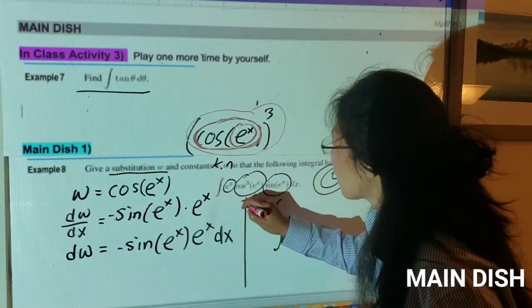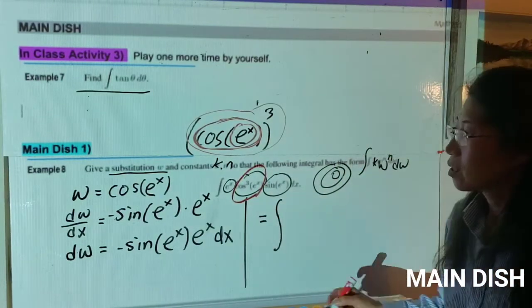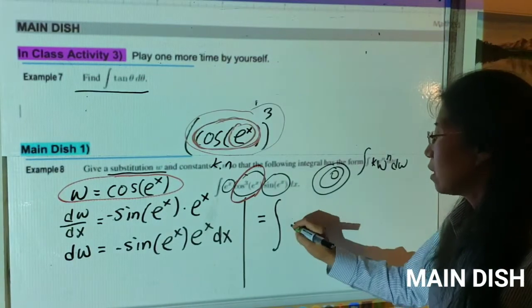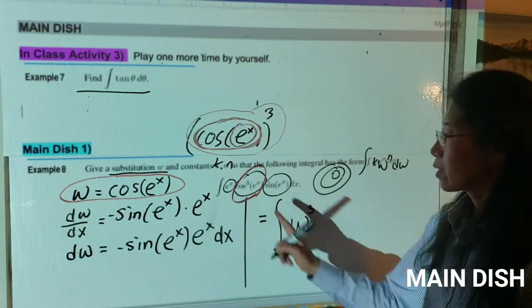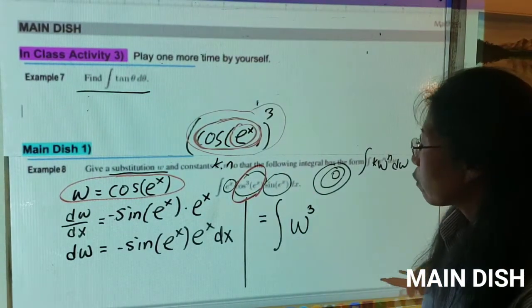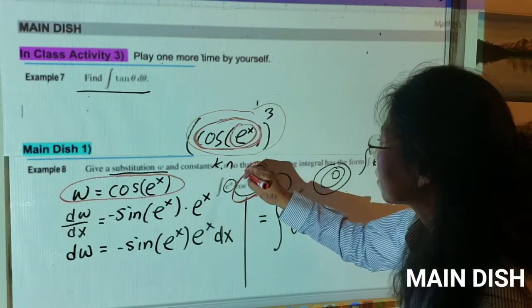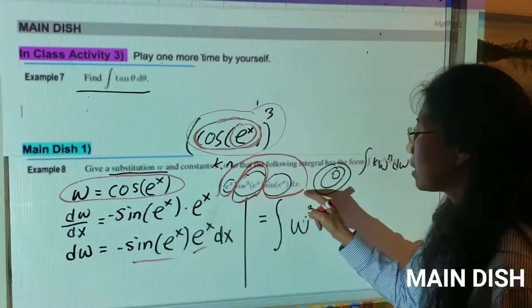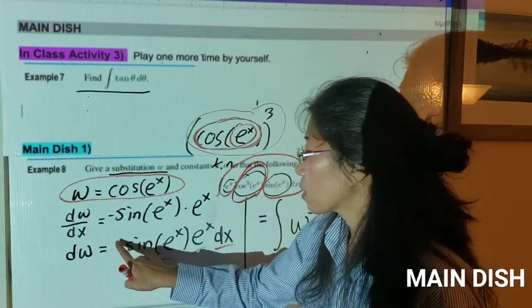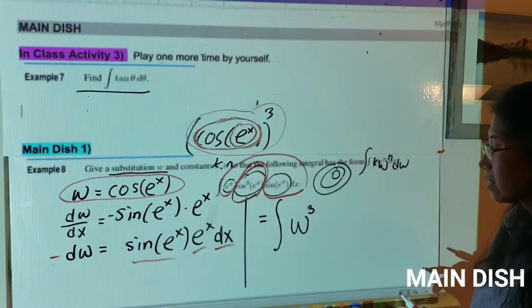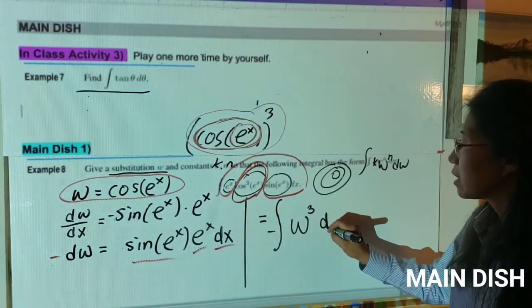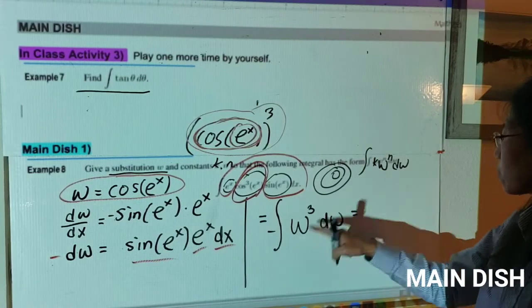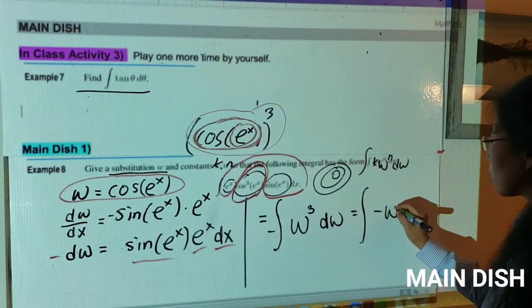Now cosine cubed e to the x. I already substituted cosine e to the x here, so can I write it as w to the 3rd power? So I'm done with this part. Now if you look at the rest, e to the x sine e to the x dx, it is only negative, so I can move the negative to the other side. Then do you see I can write negative dw? Yeah, I'm done. So if I plug this back in, because they want to keep this form, negative w cubed